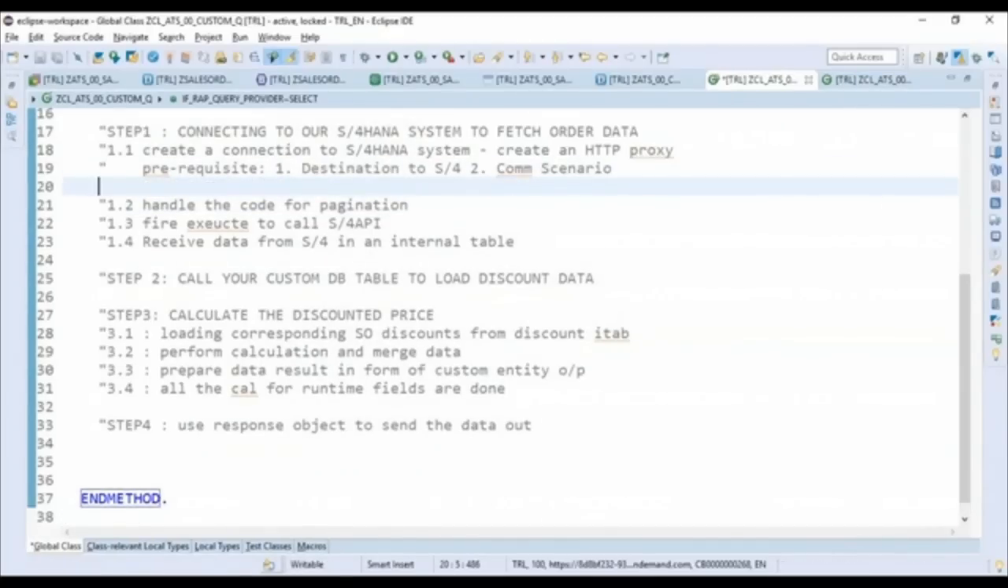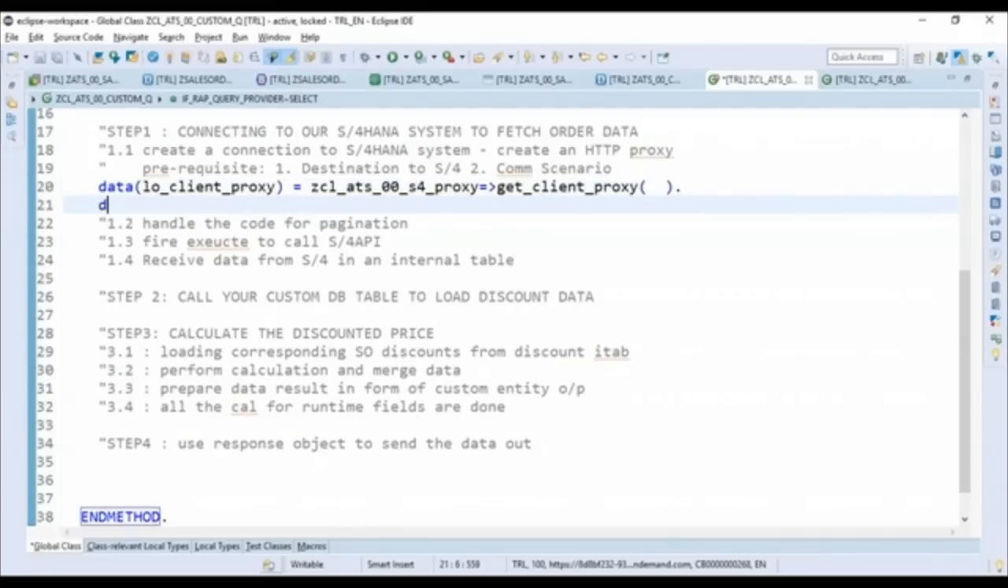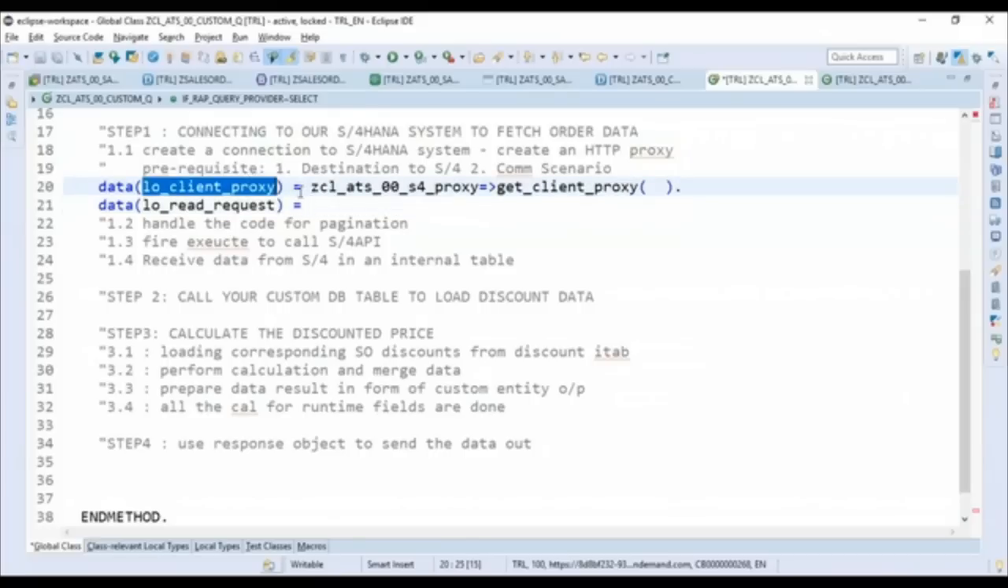So now I just come back and create an object over here, first of all, to that OData, and then the remaining code as we have written in the pseudocode already. So let's create an object, lo_client_proxy. This is the proxy with which we will be communicating to the S4 system, my class, and I'll call the method get client proxy. Step number 1 is complete, and then we will create a request object. So data lo_read_request, and then we'll pass lo_client_proxy,